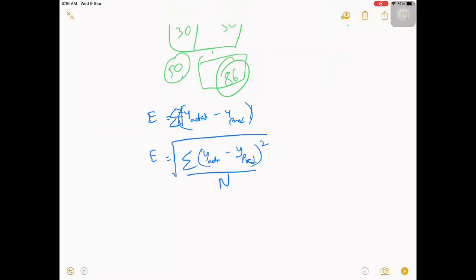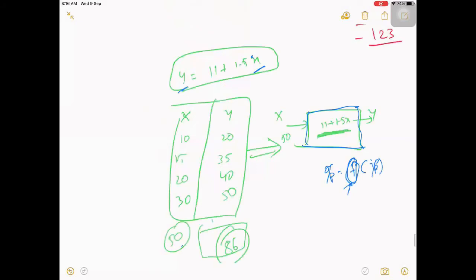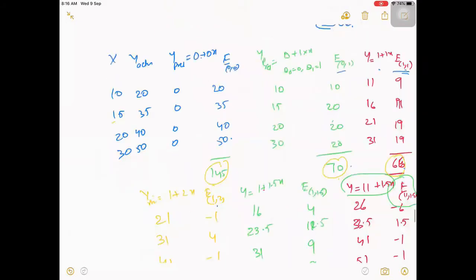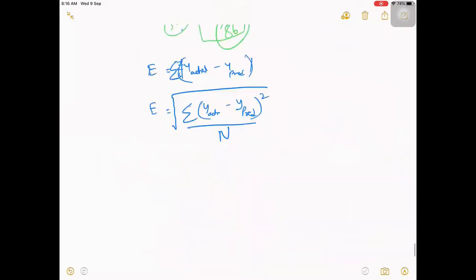This is what we usually take for calculating an error, instead of a direct difference between actual minus predicted. We take the sum of squares of differences, and the average of it in this case.